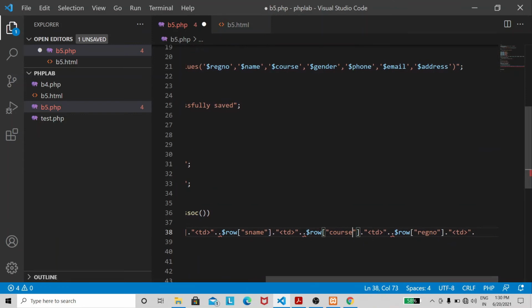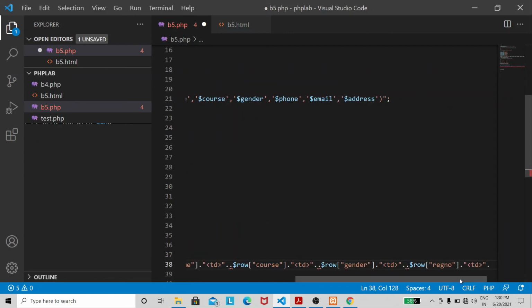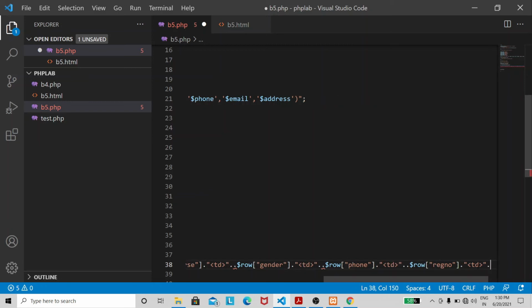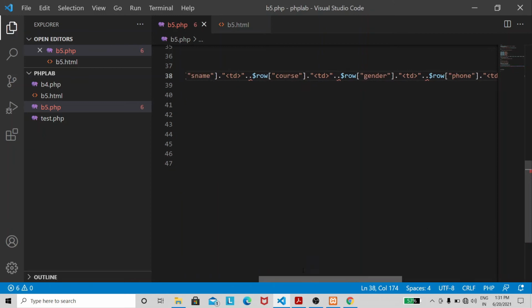Okay, then we have gender, then we have phone, then we have email, and lastly we have address.